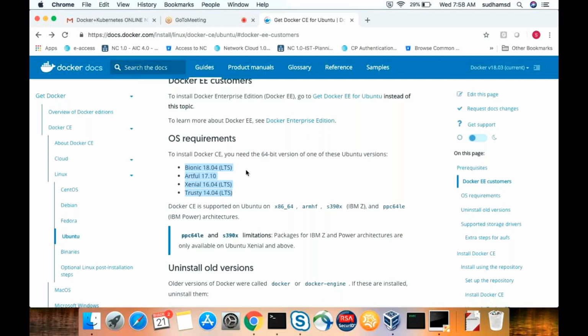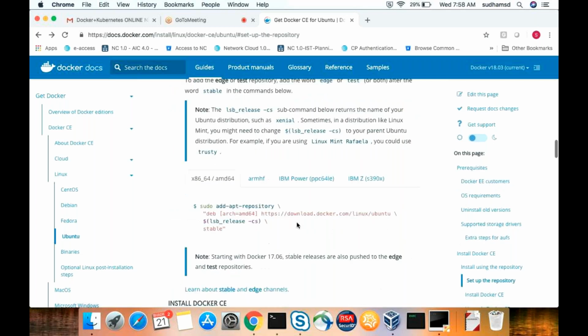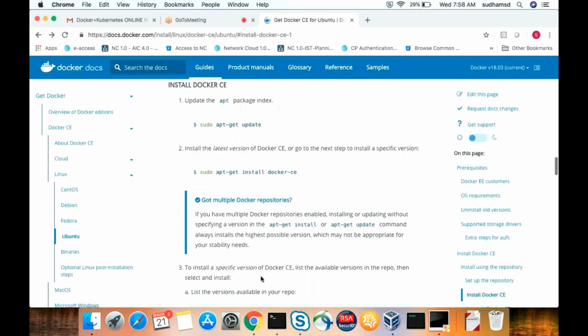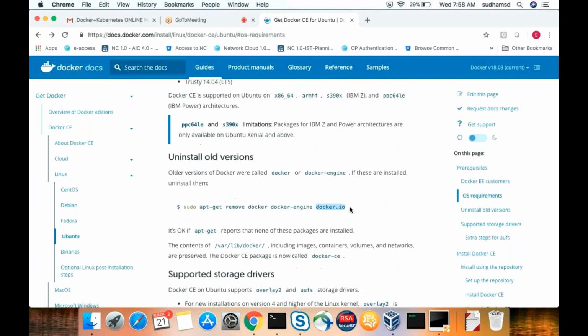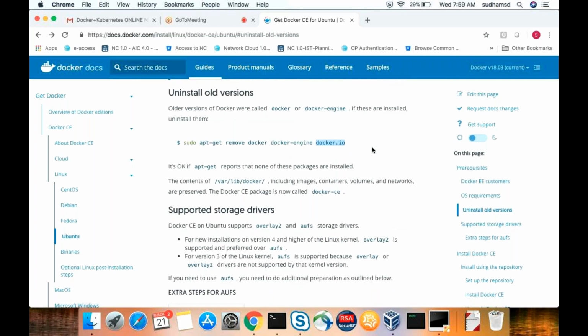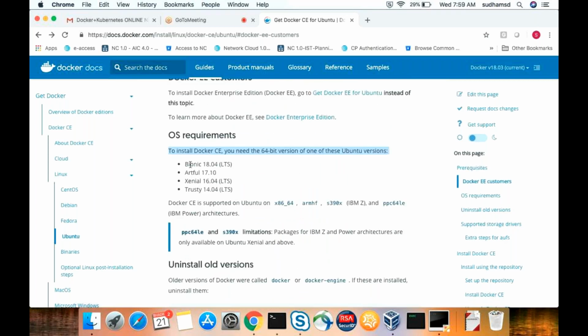So what you can do is try to create this repository. Till here, try to create a repository and then update, and then try to install an older version like 17.03 of Docker, or directly you can use this command. See, directly you can install it on your 12.04 version. It doesn't install the latest version called Docker-CE, because I tried it on the 12 version. So we need to use an older version, which is not supported right now. You can see here, these are the supported operating systems.